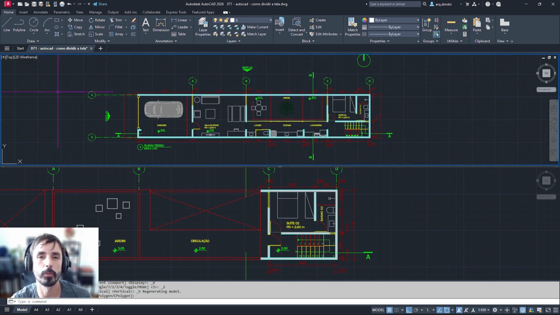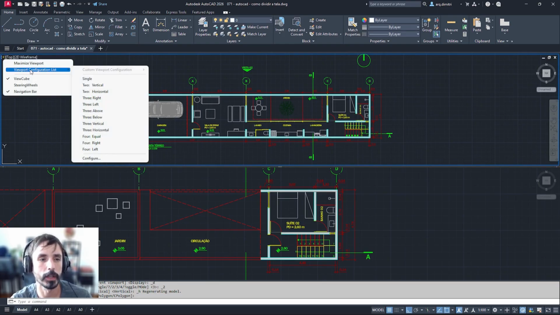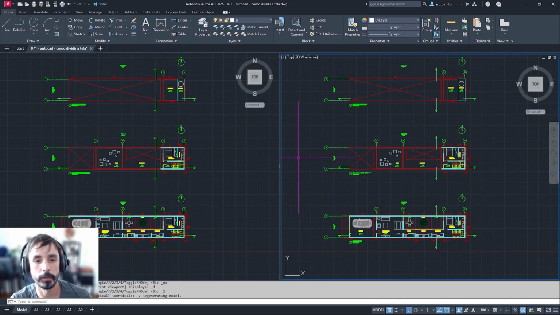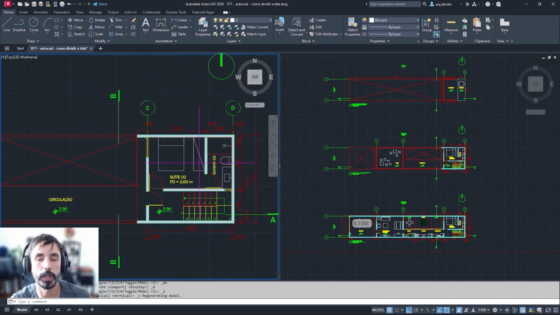To go back to normal, we'll go again. Now the little button will have a plus symbol, okay? Let's click there, and we have, for example, the vertical option, right, as well. So that's really nice for us to be able to change things here. To go back to normal, I'll go to the button again,